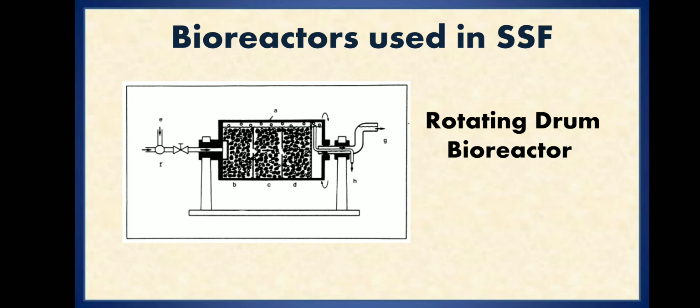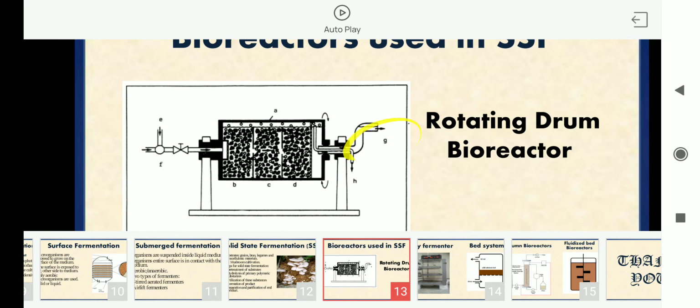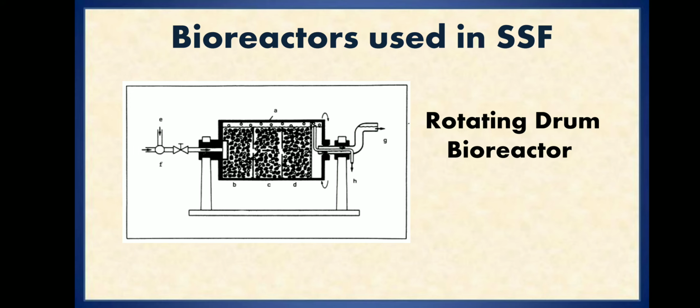Now there are various bioreactors that are used in solid state fermentation. Example is rotating drum fermenters. It comprises a cylindrical vessel of around 100-liter capacity mounted on its side onto rollers that provide the support for the rotating vessel. So this is a rotating fermenter. These fermenters are used in enzyme and microbial mass production. So these are fitted onto these side clamps, where this is rotated continuously to keep mixing the substrate, so that the cells that are present in the fermenter can get all the nutrients that are present throughout.